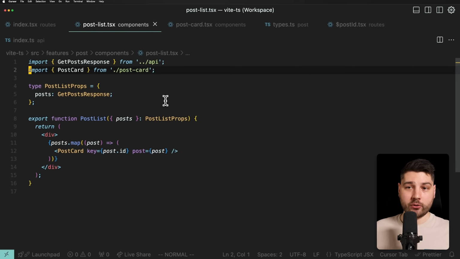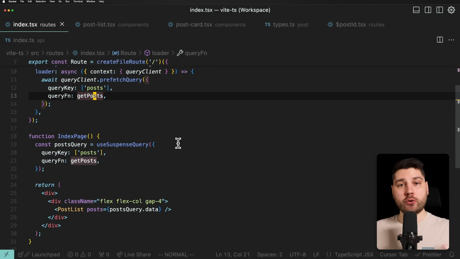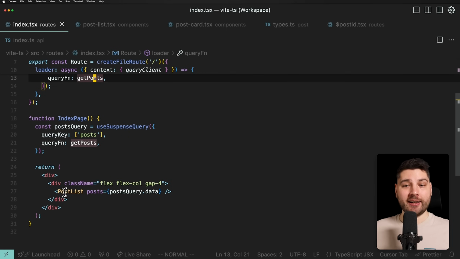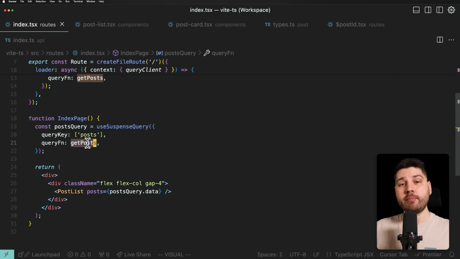And this might seem like a great solution, but there's actually one very significant drawback to applying your types this way. And that is that now your post list component and your post card component and any other component that potentially uses this type over here is now tightly coupled to that API endpoint and specifically the values that it returns. Which means that if you want to come here inside of any other route, any other place where you want to show a feed of posts, a list of posts, and you want to use this post list component, you have to make sure and you have to guarantee that you are going to return at least the same data on that query that you are returning on this get post function, which may not always be the case,